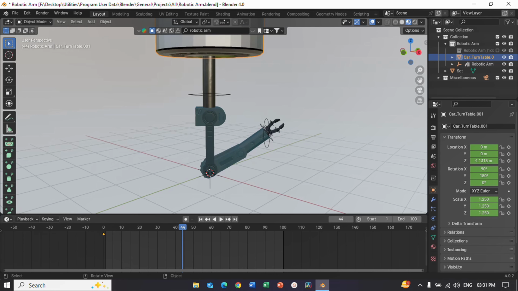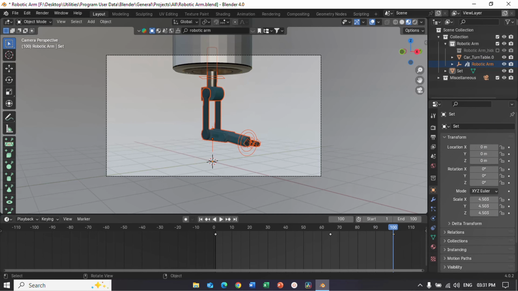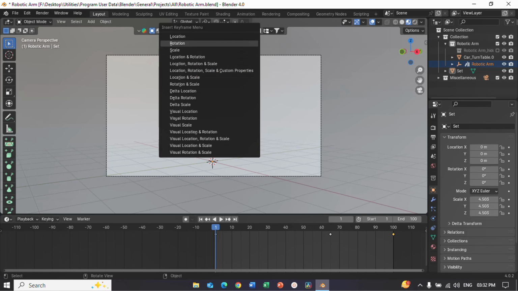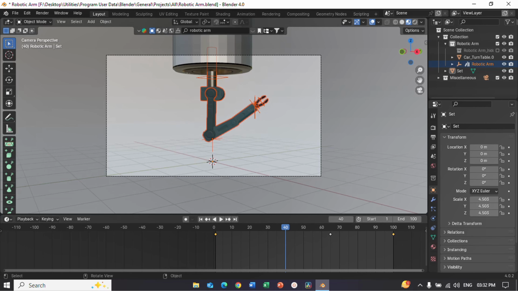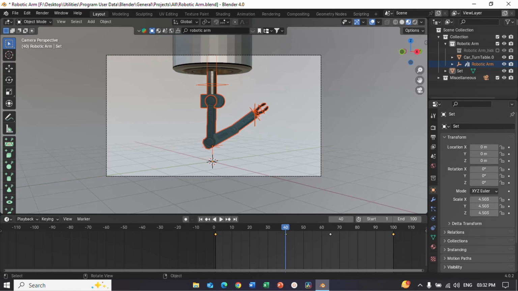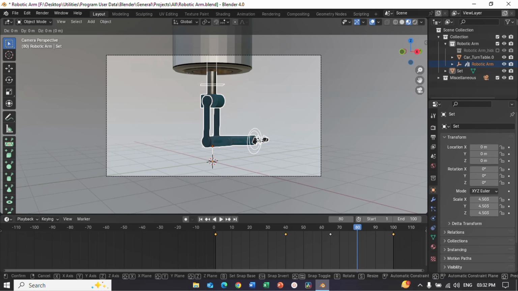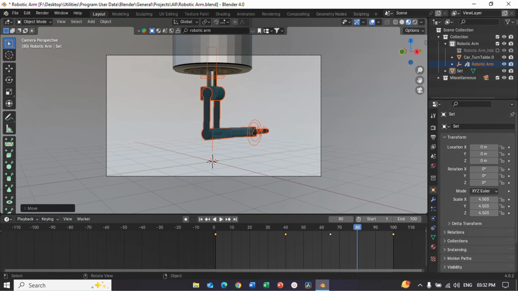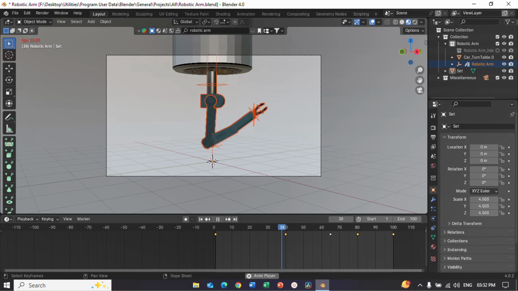Okay, now let's move this whole arm upwards. What if we make this 5DOF by adding keyframes of its position going up or down? Will it seem good? Let's see. Let's add keyframe of its position, its location. Let's make it to 40 and let's make this go down a little bit, not so much. Let's insert the location keyframe, and at 100, at 80, let's make this go up again. Add location keyframe and let's keep it resting there, and let's look at our animation.